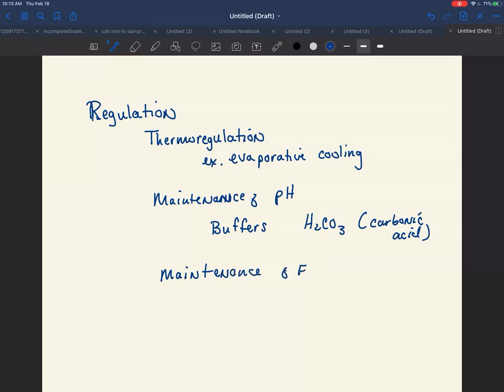Maintenance of fluid balance. So when we talk about water, water is in the blood, but it is also in the interstitial spaces. So that all of your cells are actually bathed in fluid. And so we need to be able to maintain that fluid balance. And some of the blood proteins in your body help to do that. And so, for example, albumin is an important blood protein